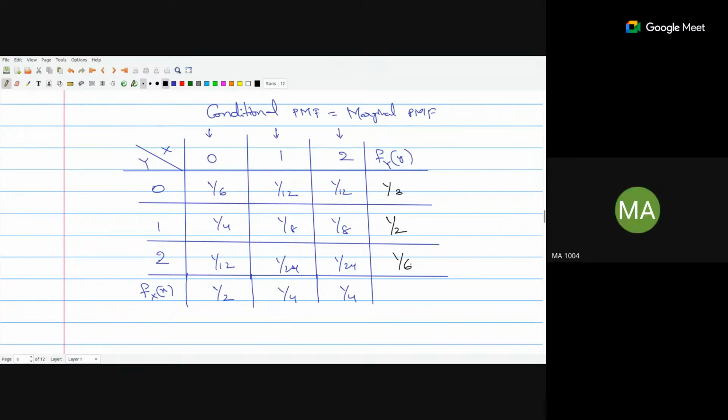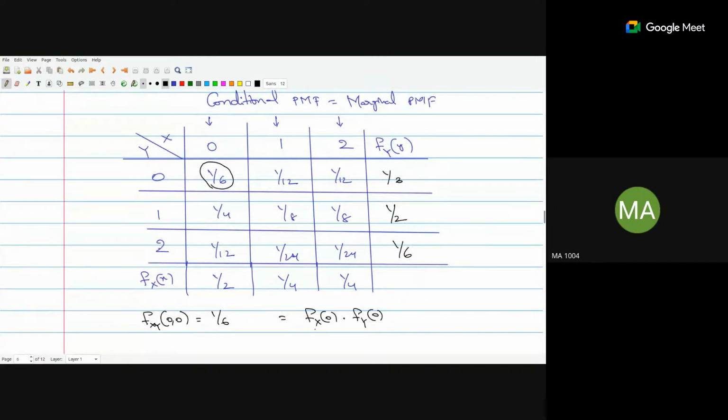Now what I have to do is take each and every entry inside the table. So I have to start from this entry, which is basically fxy of 0, 0. This is 1/6. I have to check whether this fxy of 0, 0 is equal to fx of 0 times fy of 0 or not. For this I need fx of 0, which is half, and fy of 0, which is 1/3. If I look at the product, it is 1/6. So these two are equal. So for this particular entry,